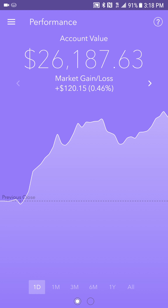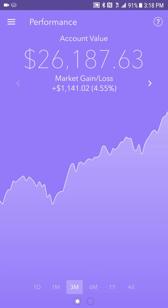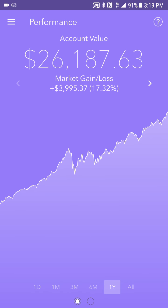Just so it doesn't confuse people, that is how much I've invested as well as how much the gain is. So if we take a look at the 1 month, we are up 767.36, so about 3%. So the rest of that money is money that I've invested in. Just so you guys know, take a look at the 3 month. We are up 1,141.02. For the 6 month, we are at 1,647.08. The yearly gain is 3,995.37. And for the all-time gain in the account, we're at